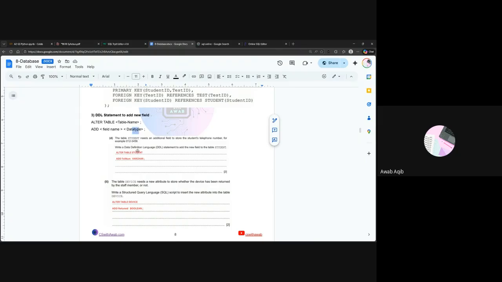So now the question says the table student needs an additional field to store the student's telephone number. For example, this. Write a DDL to add the new field to the table. So पहले आपने table का नाम लिखना है alter table, and then you will write add. अब add में इसने आपको क्या कहा कि the field name should be okay, it's just a telephone number, so you can make your own field name telnum, and the example is 0123456, so it should be a varchar, and